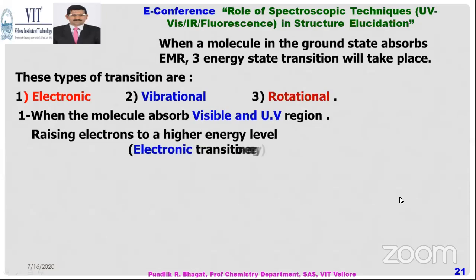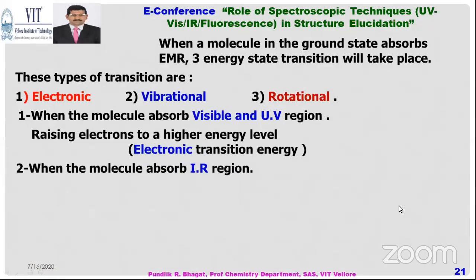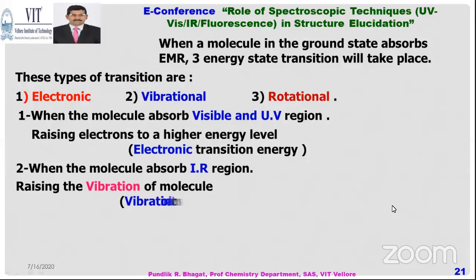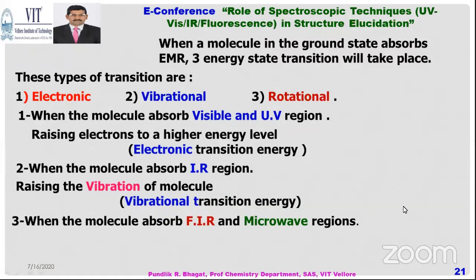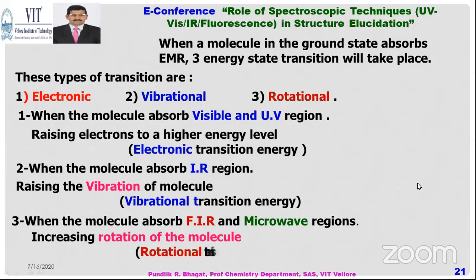So it will cause electronic transitions. So IR transitions, infrared radiations, they are causing vibration of the molecule. So that we call it a vibrational transition, the energy. And the far infrared radiation and microwave radiations, they are causing rotation. So we will find these different electromagnetic spectrum regions cause different changes in the molecule when they are exposed